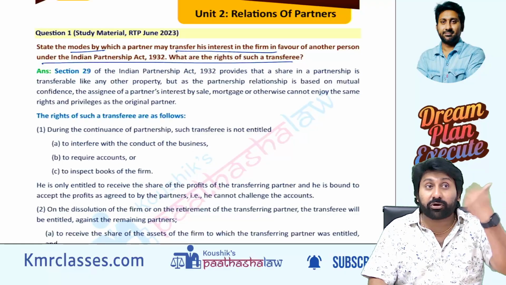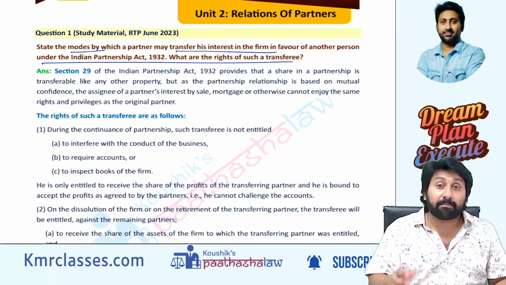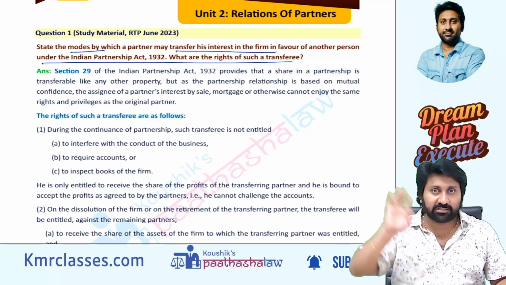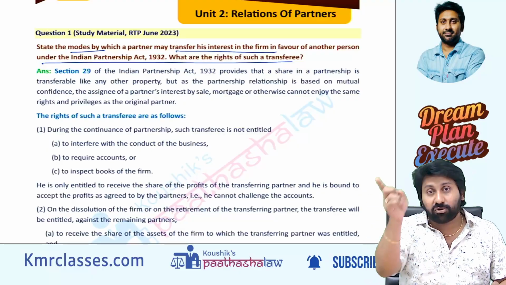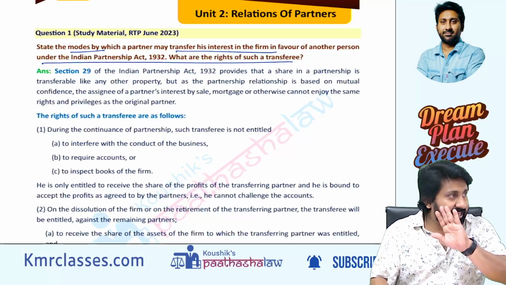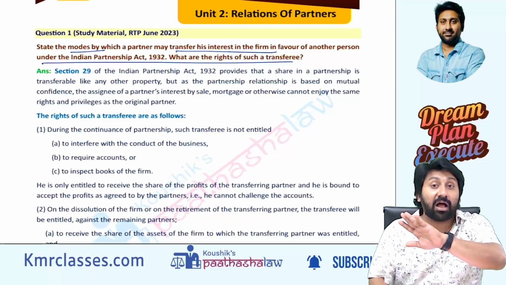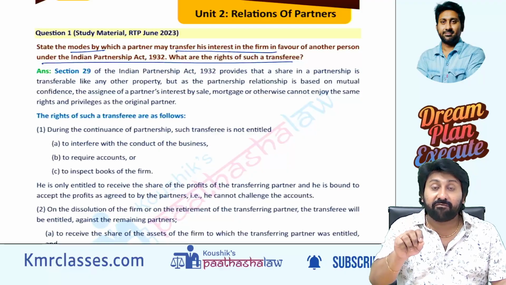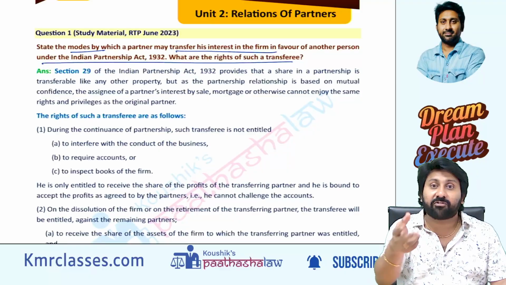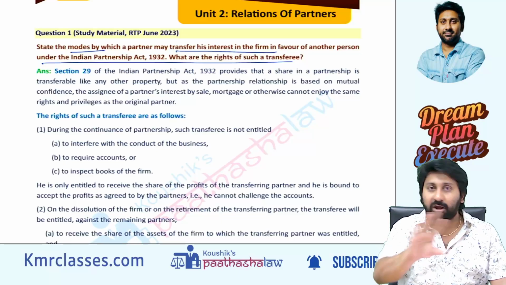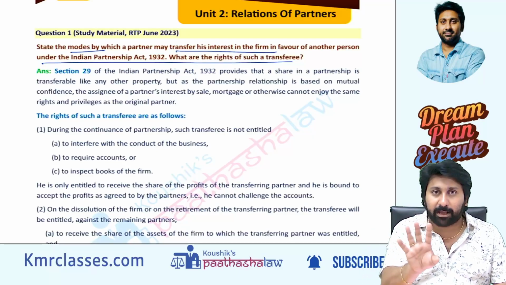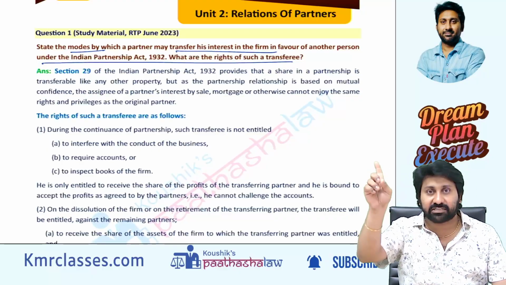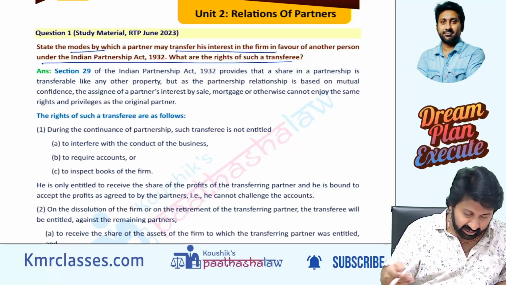The other person who takes your share of profit and share in assets, can that person interfere in the business? No. Can he get the share in profits? Yes. To that extent, we will transfer to him directly. So EMIs will be deducted through share in profit. But he cannot participate in the assets of the company. He cannot demand for the accounts of the company, and he cannot even inspect the books of accounts. Generally, partners in a firm will have power to inspect the books, power to demand for the books of accounts as well. But this person cannot, because the bank is not a partner to the partnership firm. It has only received the share in profit and also received the share in assets at the time of dissolution. Clear? That's it. Answer completed.